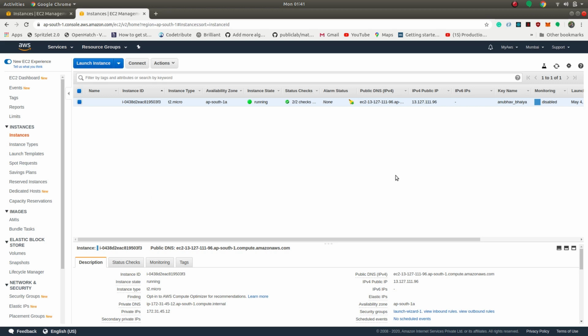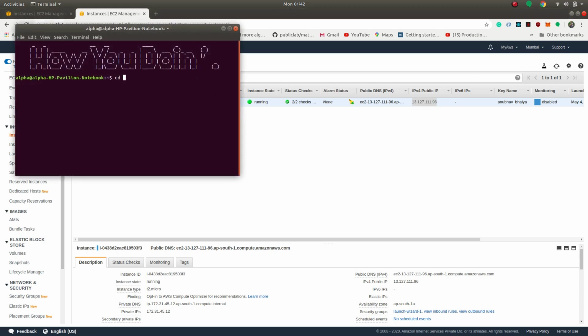Now once you have this instance, then do an SSH. For this we will require this IP address. So ssh -i, my permission file, and the user is ec2-user@ my IP address.